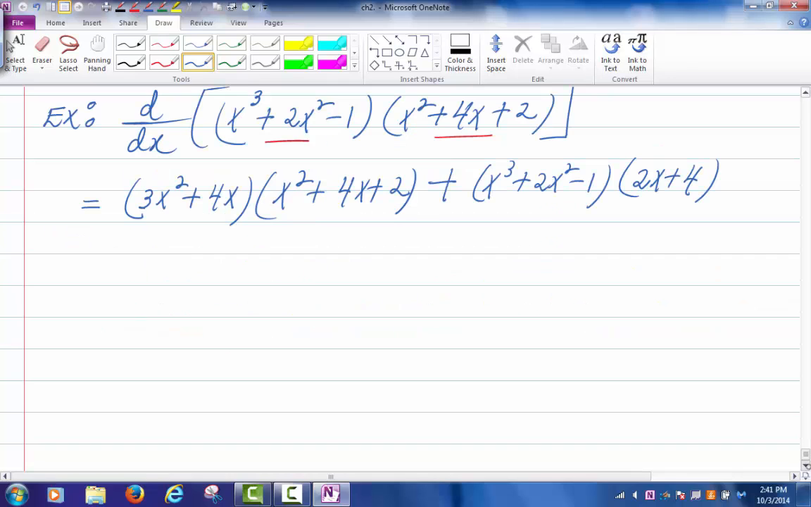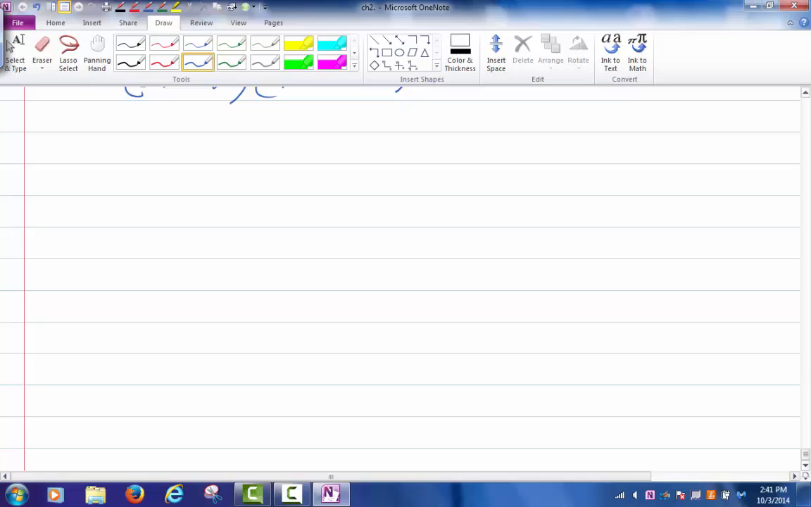All right. Quotient rule. So what's the quotient rule? If you take the derivative with respect to x of the ratio of two functions f and g,